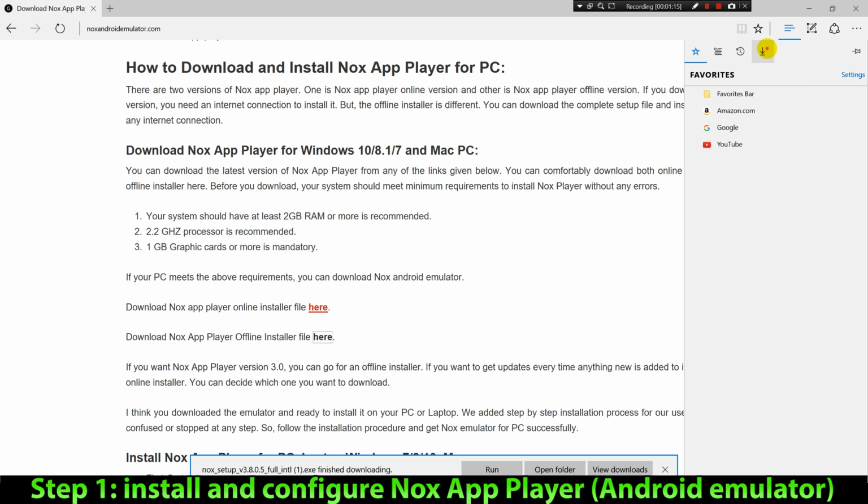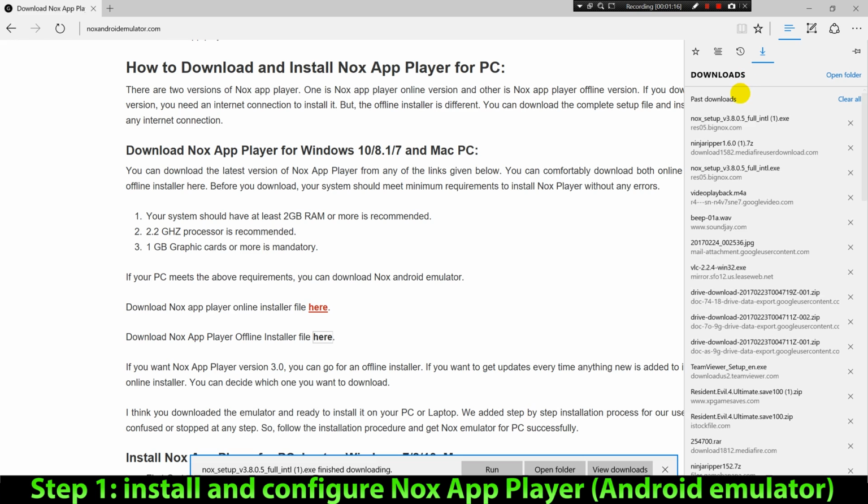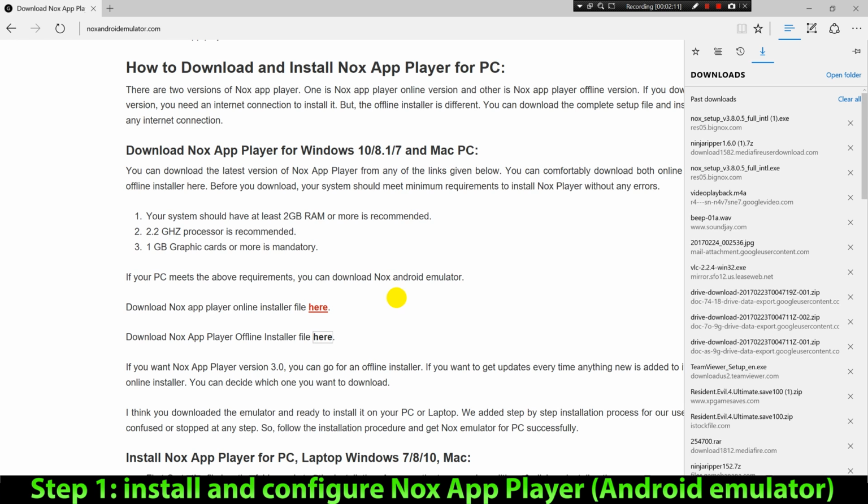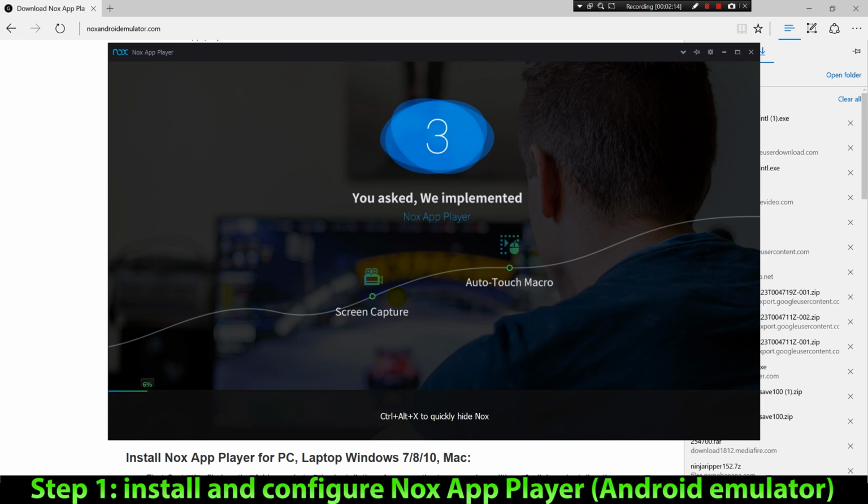After downloading the Nox Player installer, we just have to run the installer and then click in Install. After the installation, we just have to click in Start, and this will make the Nox Player to be loaded for the first time. If the loading process gets stuck at 98 or 99% of loading and it ends up